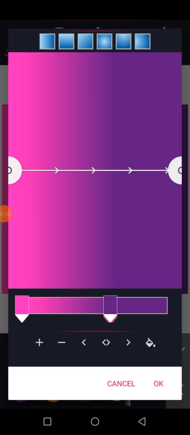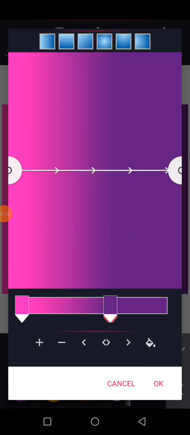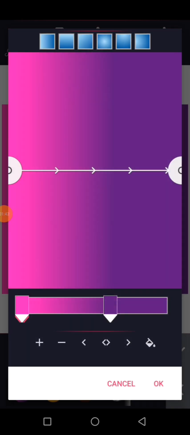Let me go back. You type here. You tap on this place. Okay, just navigate. Alright, then type here also. Then you get this color. Alright, use this to navigate. Yes, you can change